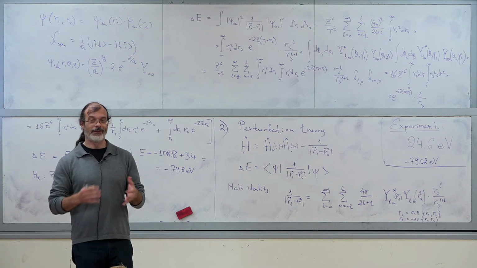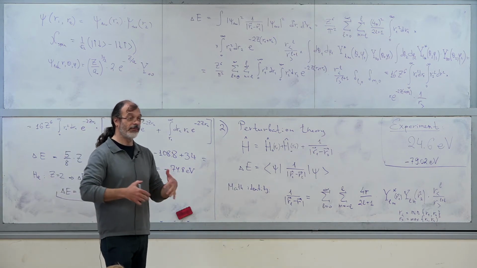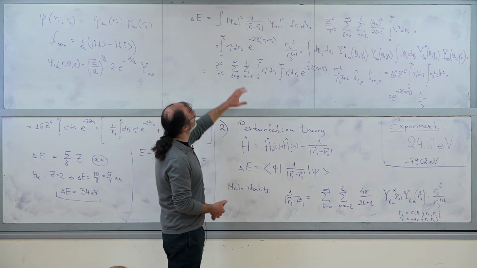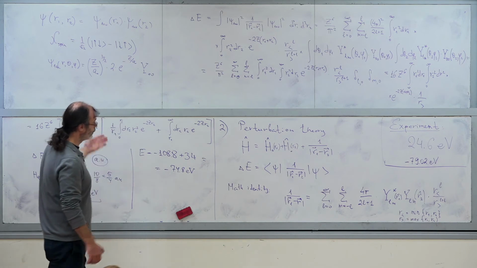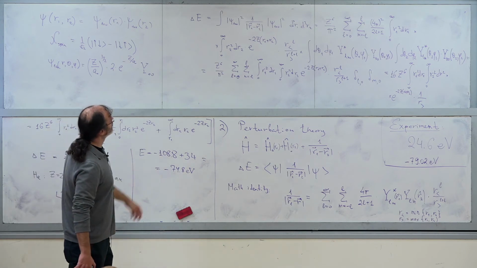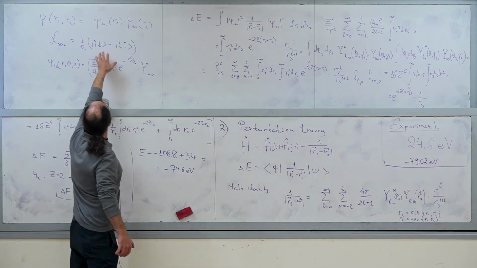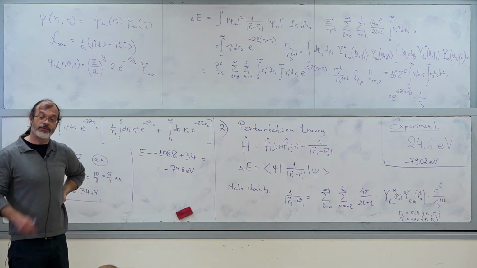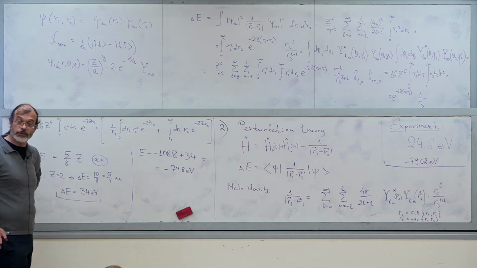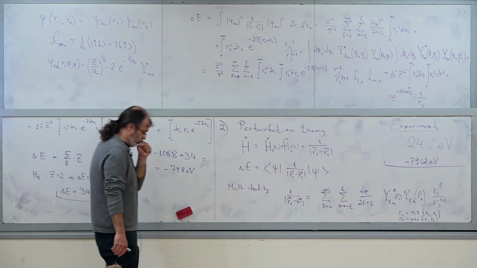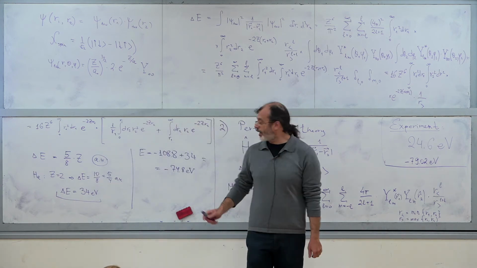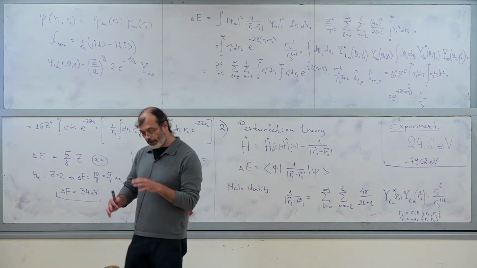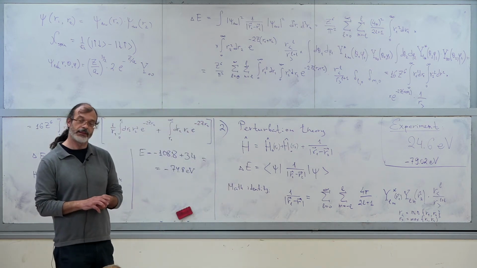So the interaction between two electrons is not small, especially if these two electrons sit on the same orbital. That's essentially the initial part of this calculation. We take this wave function to be a multiplication of these two wave functions of the same orbital for two electrons. Okay, so now essentially this result can be calculated a bit differently. So this 34 electron volt can be calculated by some consideration of classical